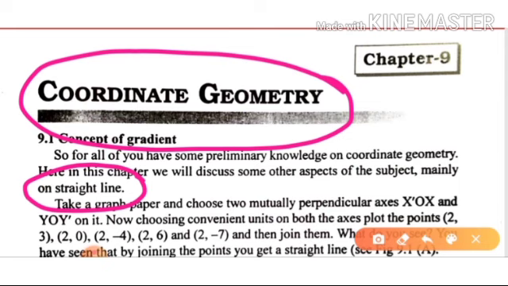Now we know coordinates, we have got this before, and when we are talking about coordinate geometry we are talking about two mutually perpendicular axes, that is the x-axis XOX' and y-axis YOY'. Okay, now when we talk about a straight line, when you plot the points and get a straight line, the straight line will be in such a way on the graph paper or on the coordinate plane